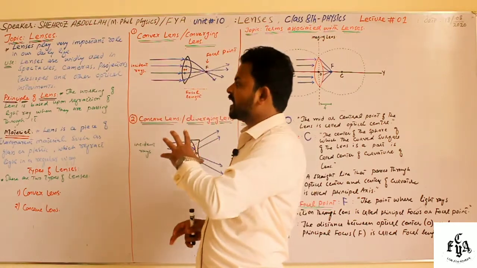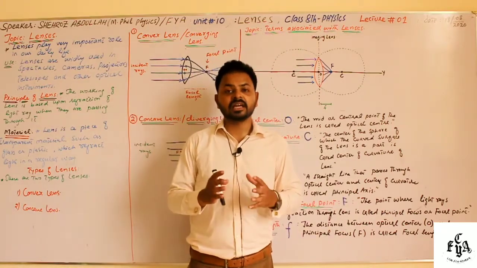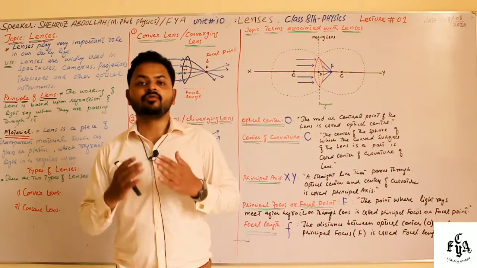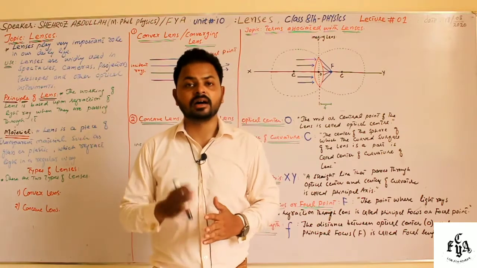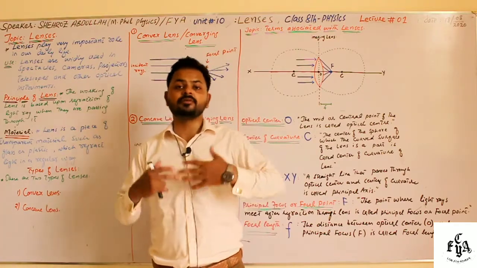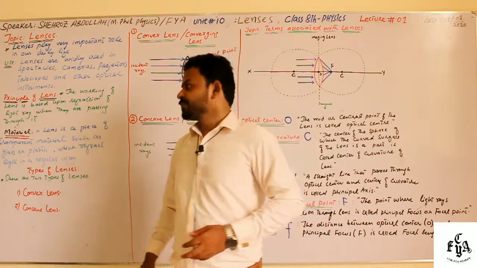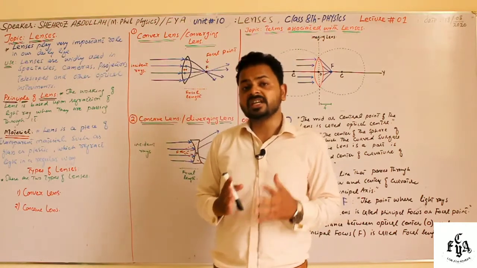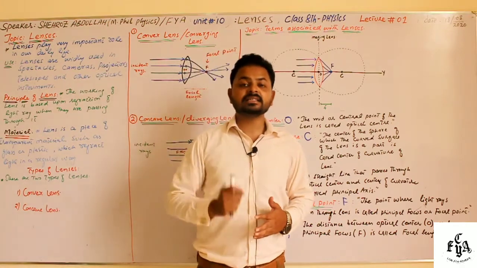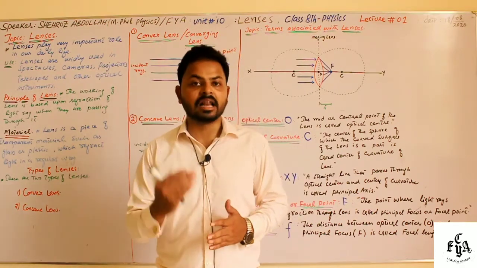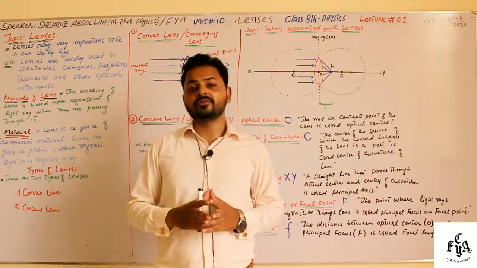Then we understand the basic principle of lenses, on which phenomenon lenses work. Lenses work on the refraction of light. When light rays fall on the lens, it performs refraction. This is the principle on which lenses are based. Then we come to understand from which material lenses are made. Lenses are made from transparent plastic or glass, which performs a regular type of refraction of light.